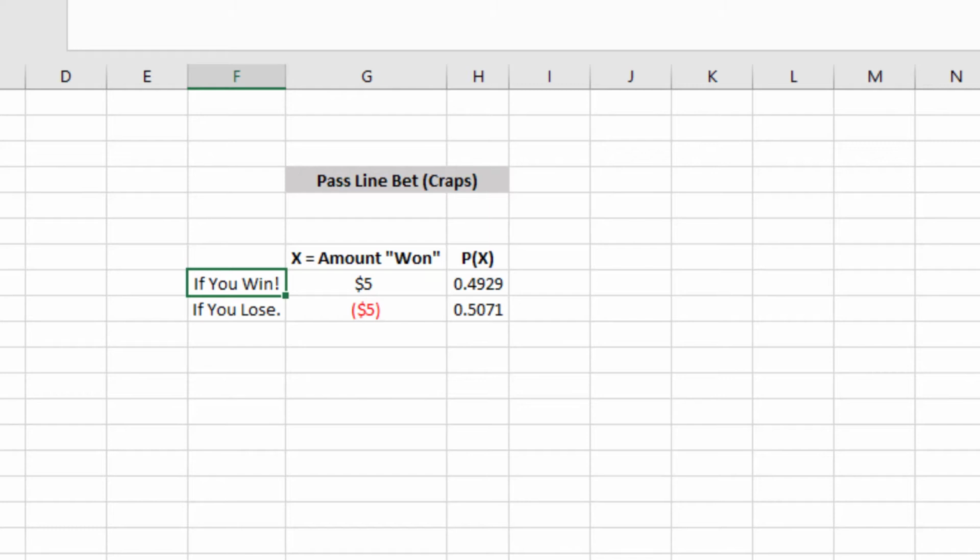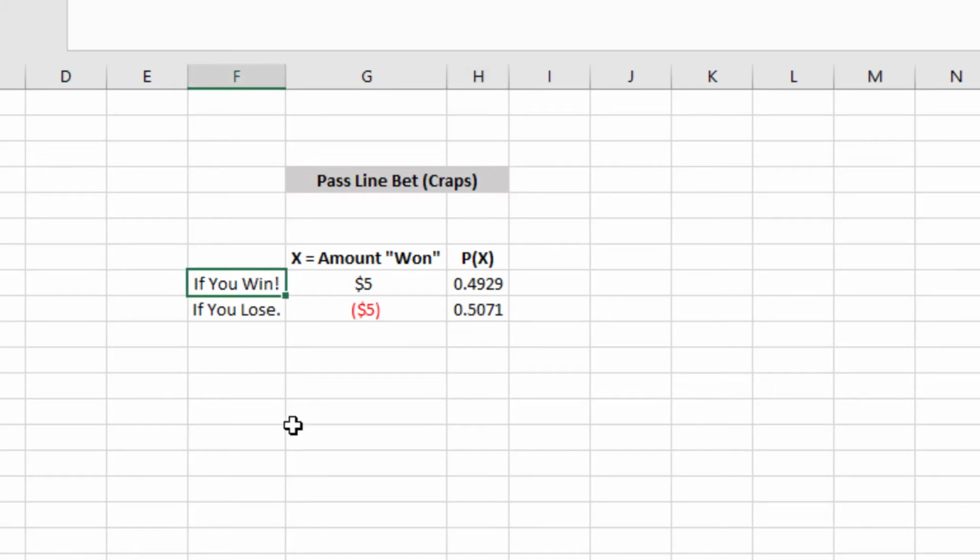Lucky 7. That would mean the don't pass bet would lose on a 7. The chance of rolling a 7, which is about 16.7%, is part of this 49.29%. You would also win over here on the pass line if you rolled an 11, which means you would also lose over here on the don't pass. So you see the opposite going on there?